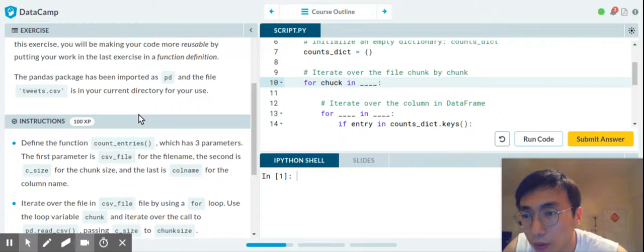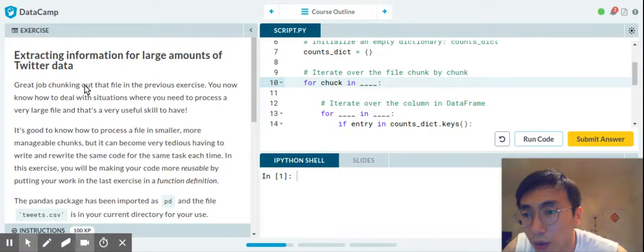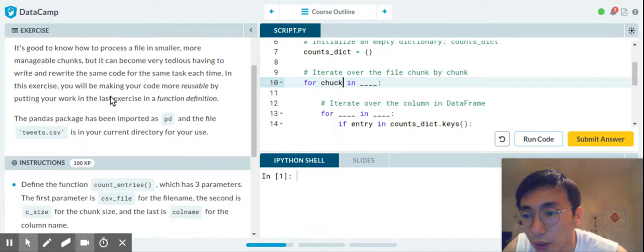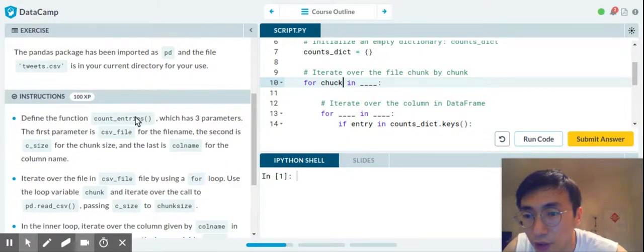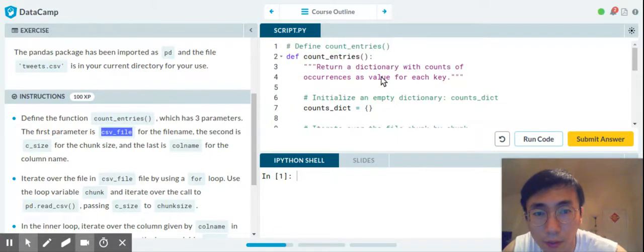What are we doing here? So, extract information from large amounts of tweet data. Okay, extract information. Define the function with three parameters. The first parameter is the file,